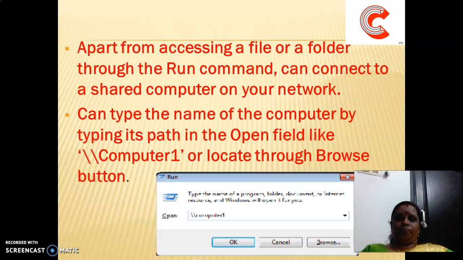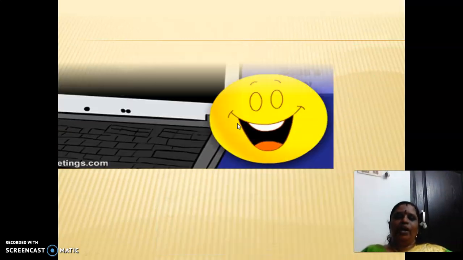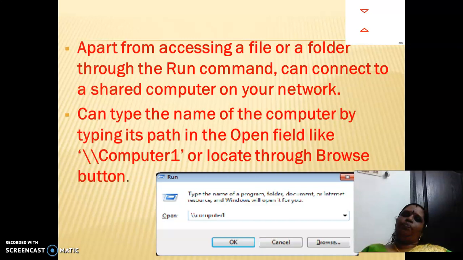The Run command is used to invoke a program by choosing the executable file, and it is also used for connecting to other shared computers on your network.